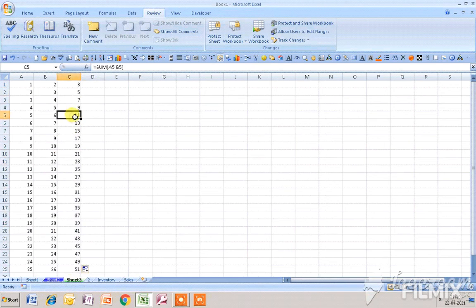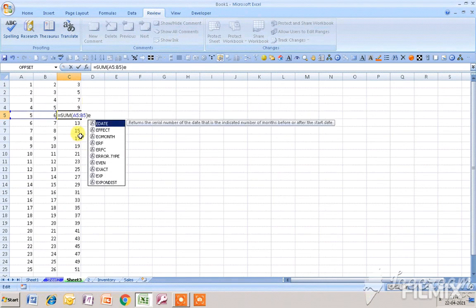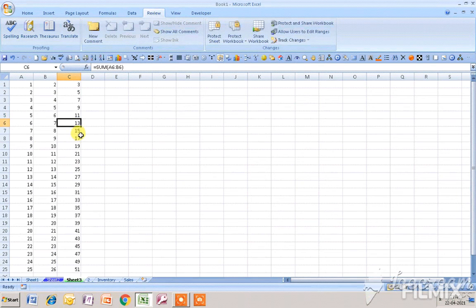Now you can see, if I want to edit in the formulas, I can edit. It is editable. Suppose if I write anything, I can write. If any person edits your formulas, they can do anything with your formulas. So to protect only the formulas, you can do it.